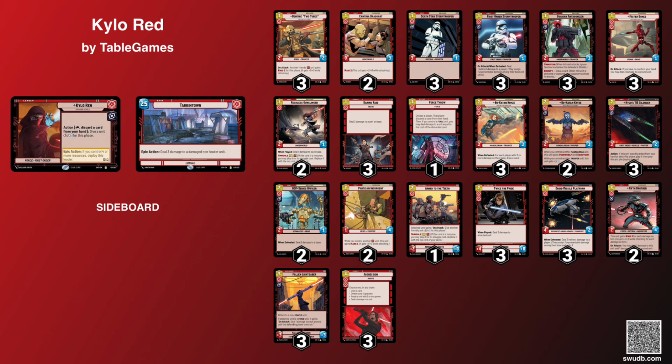Then I got Force Throw in the deck as a 1 of. You make an opponent discard a card from their hand, and if you control a Force unit, which Kylo Ren, guess what, is a Force unit, and I got another Force unit in this deck, Fifth Brother. If you have a Force unit, you get to deal damage to a unit equal to the discarded card's cost, which can be powerful and a good way to finish off a unit or get something really